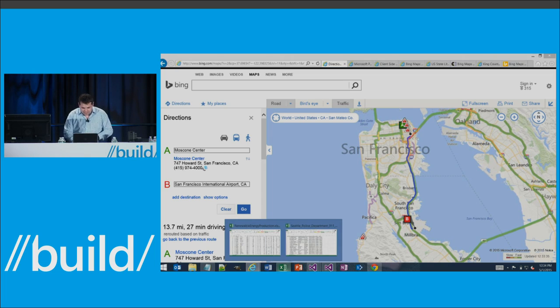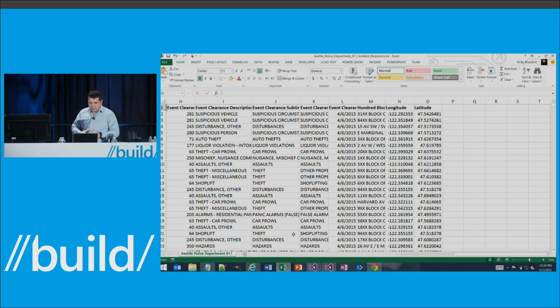But let's jump into a demo here. We're going to start off with a bunch of data that I found online. This is the 911 incident reports for Seattle. It's a fairly decent data set. It already has latitude and longitude, which makes things a little bit simpler for me. And so